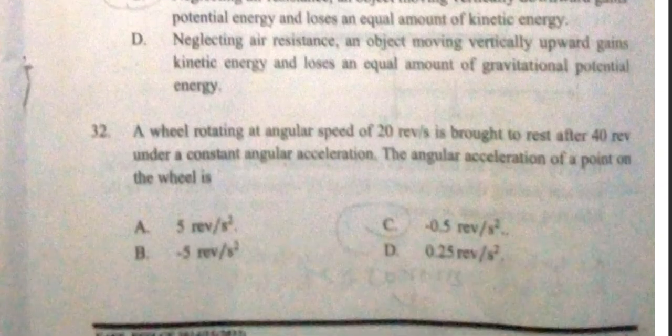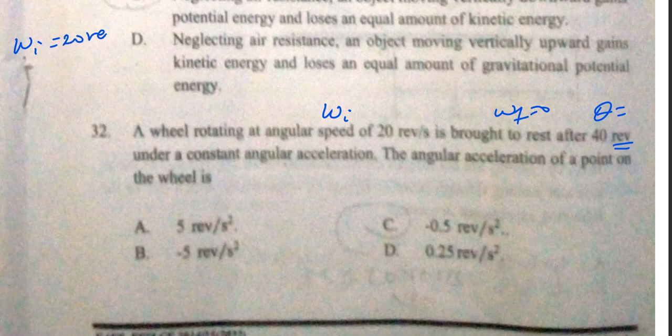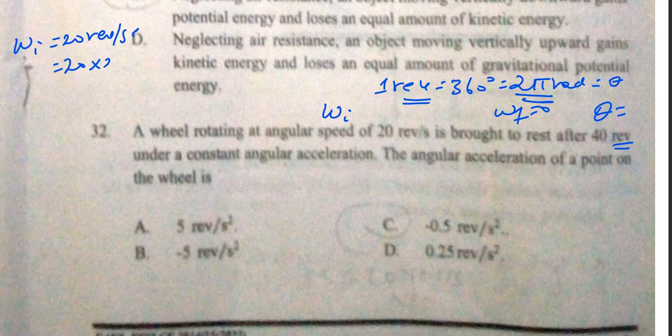32 ስለ አንጉላር ስፒድ ነው የሚያወራው. When rotates, angular speed initial to is brought to rest, finally 0 ማለት ነው, then theta 40 revolution under constant angular acceleration, the angular acceleration of. ስለዚህ ምንድነው ያለን የመጀመሪያው initially it is 20 revolution per second ማለት አንድ ሪቮሉሽን ደግሞ ምንድነው አንድ ሪቮሉሽን is 360 degree or 2 pi rad which is equal to theta ስለዚህ 2 pi rad ጋር እኩል ነው ማለት ነው 20 ደግሞ ከስንት ጋር ማለት ነው 20 times 2 pi ማለት ነው አይደል